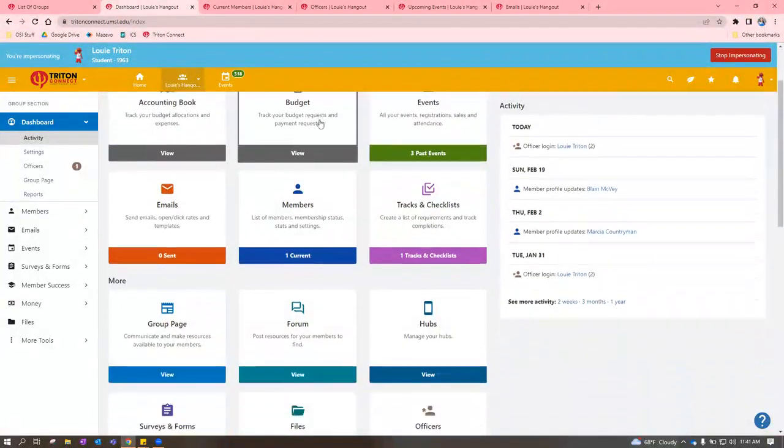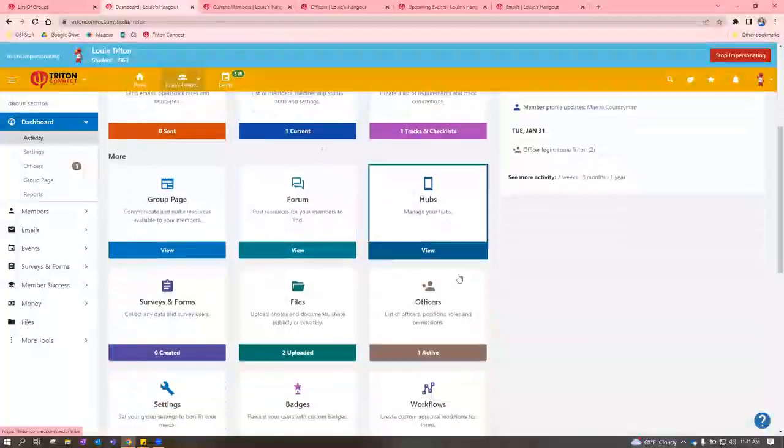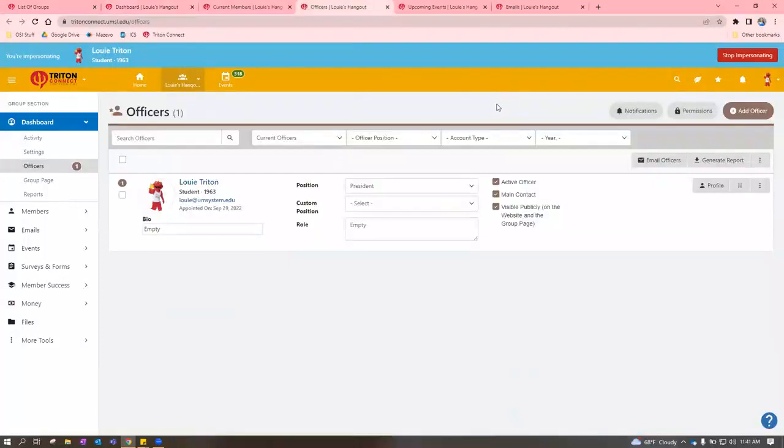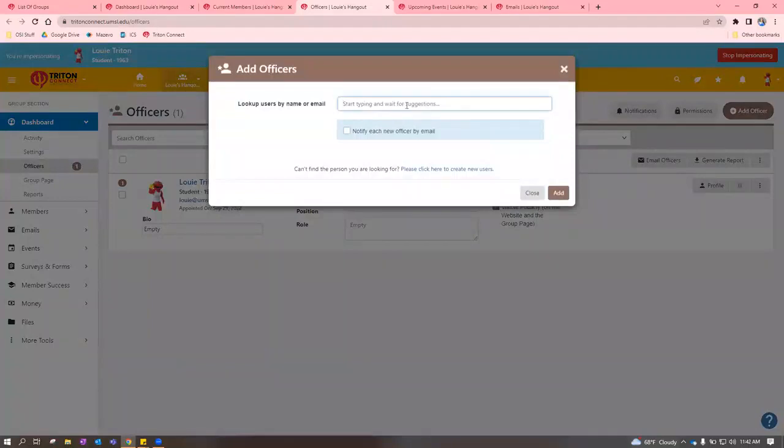And so if you need to add officers into your portal so that more people have access to this back end dashboard, you'd scroll down and you see this brown officers tile and it will take you to this officers page. And to add an officer, basically on any of the pages on Triton Connect on the back end of your portal, if you need to add something, there's going to be a button that's the same coordinating color as the tile was back on the dashboard that says add member, add officer, create event, create email, those types of things. So to add an officer, you would just click this add officer button, and then you would start typing in